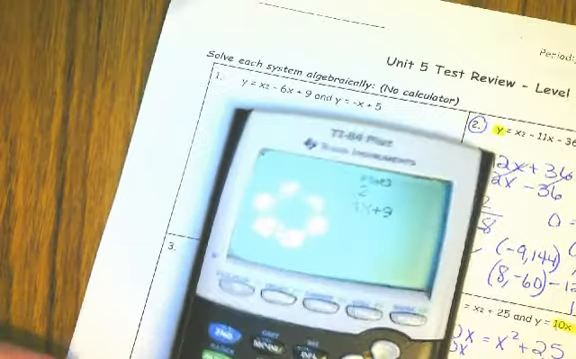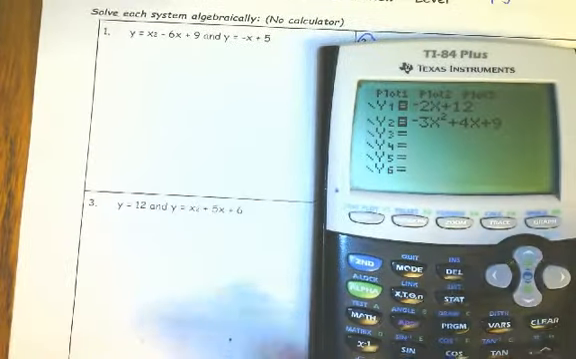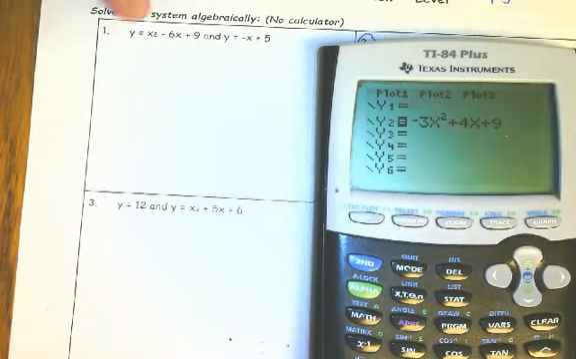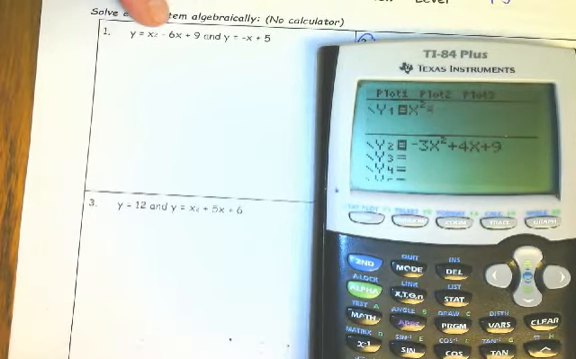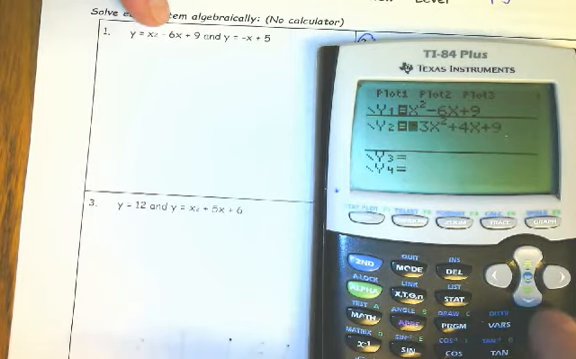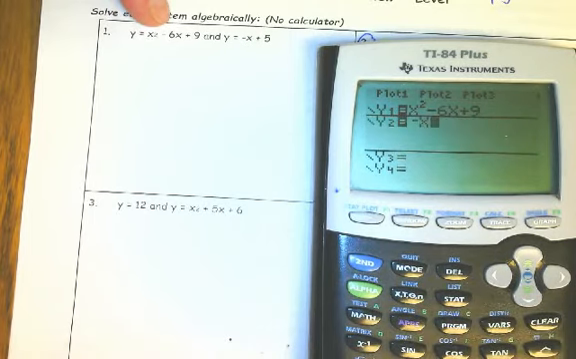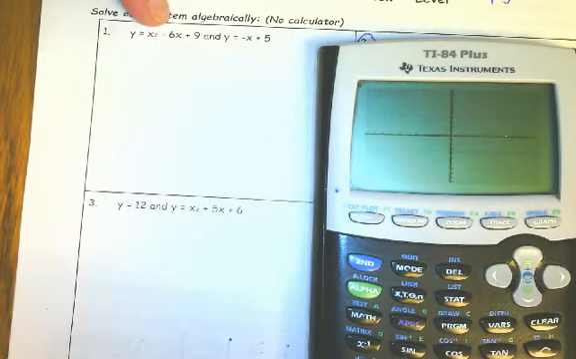All right, also remember, even on these questions here, you could use your calculator. So for instance, on number 1, I could just type this in. I'm trying to get it so you can see it. Okay, so on this one here, I could type it in. So like x squared minus 6x plus 9. And then down here, I would have negative x plus 5. So if I graph that,